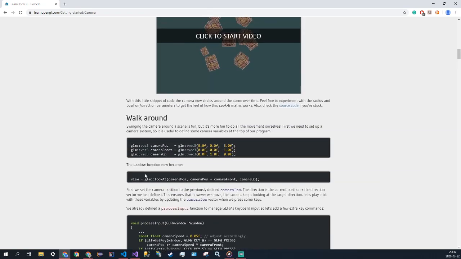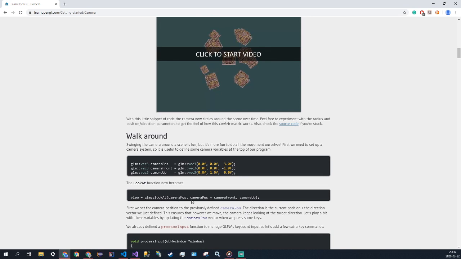Where is it? Look at. Here we go. So the position is camera pos. The direction of look at will be the position plus the direction of the camera, which is front. And the reason we want to do that is because